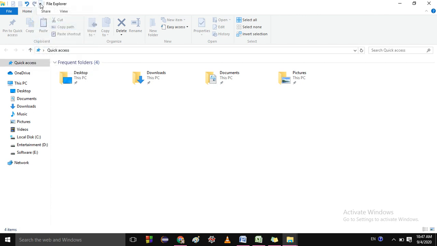So this is basically what it is. Let me show again. See here, customize quick access. By this you can customize your quick access toolbar. You can see here, this is customize, this is undo, redo. You can add like this. Suppose you want to add delete, so delete is also added to the quick access toolbar. If you want to rename, also add, so rename is also added.